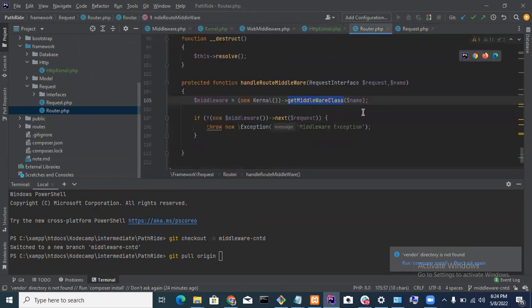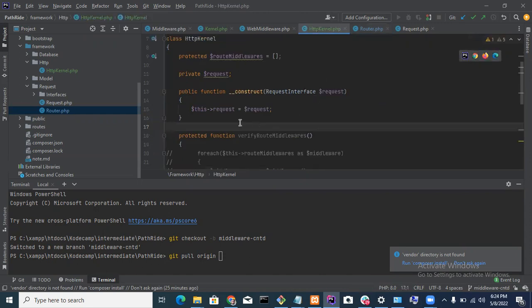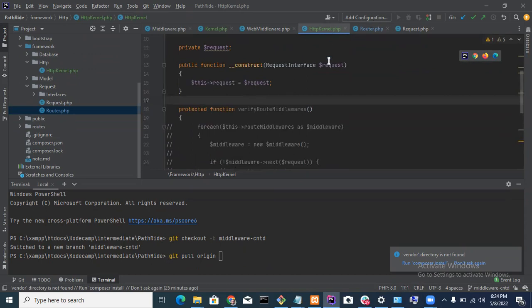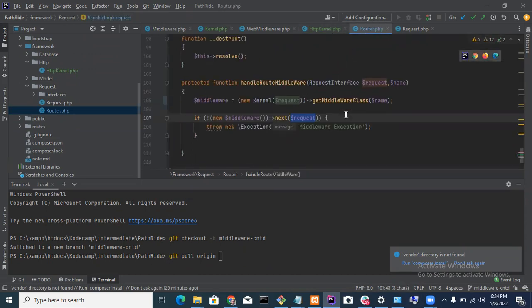Now we go down to the router. I think before that we should pass in this one, because this one depends on this one. We'll pass in that one there, and we get the middleware class. And of course, since we get the middleware class, we can just simply maneuver what we have to maneuver, and call whatever, wherever it is. So get this one, and this is in case you want to do things with this one.